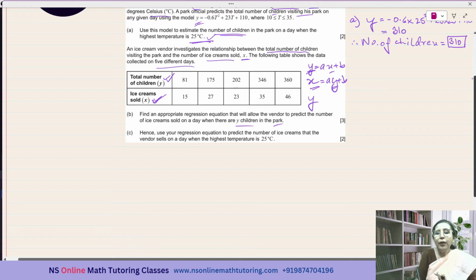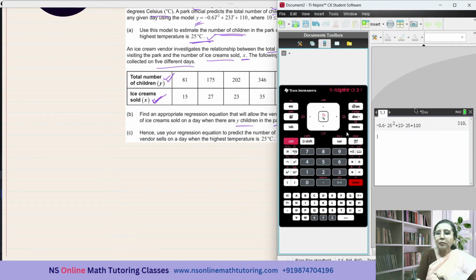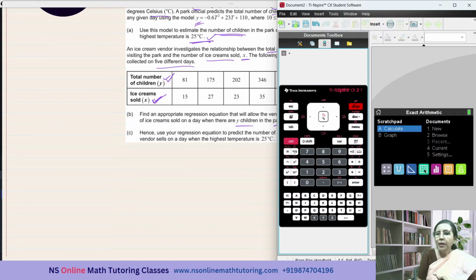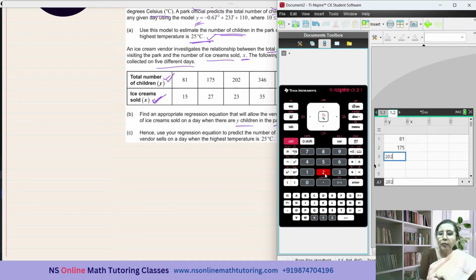Okay. So we have to actually get the values of A and B. We will be using the calculator, and we have to go to the table. These are the independent variables y and these will be the dependent variables x. First of all, the independent variables: 81, 175, 202,